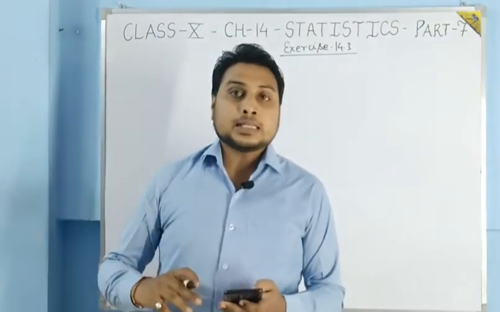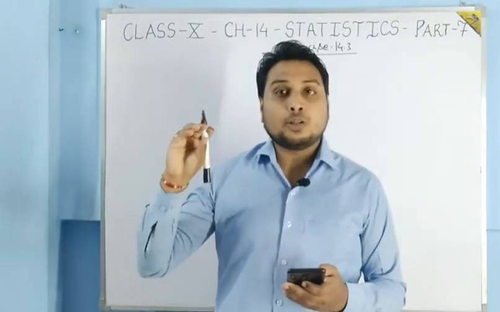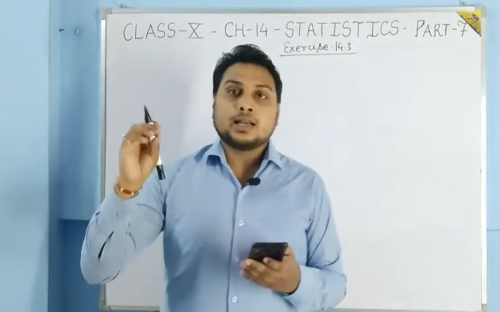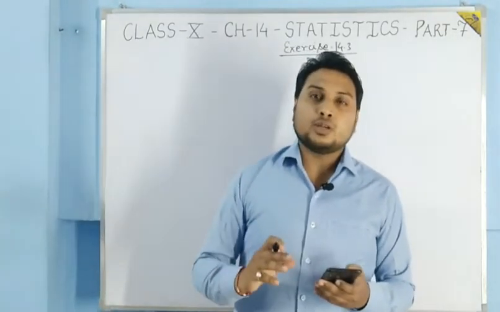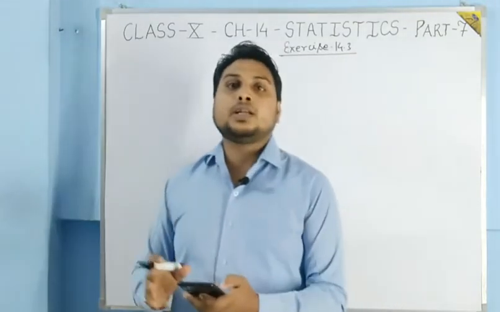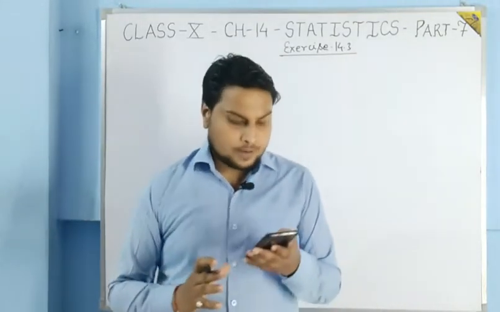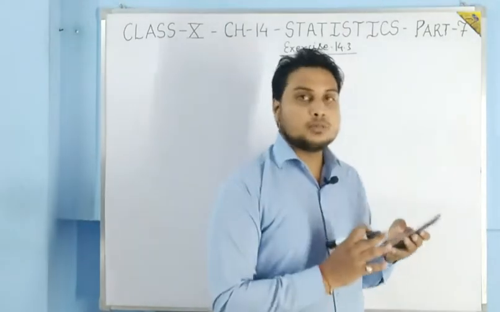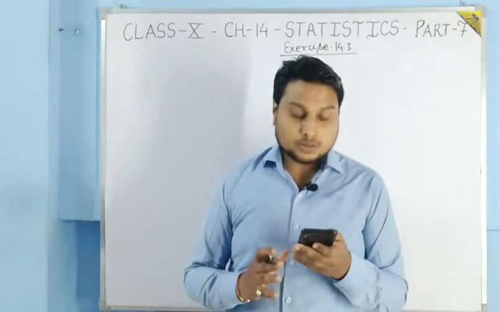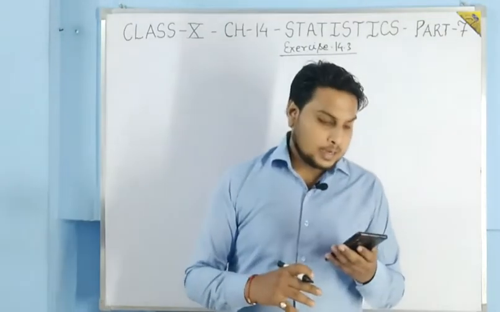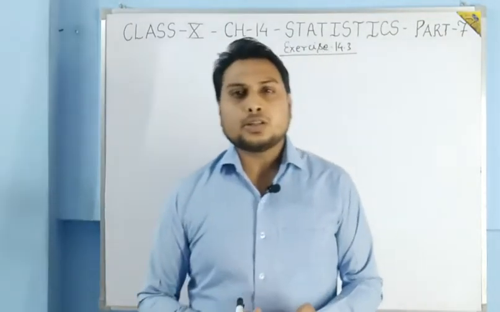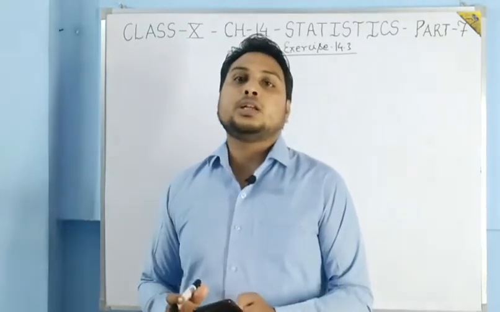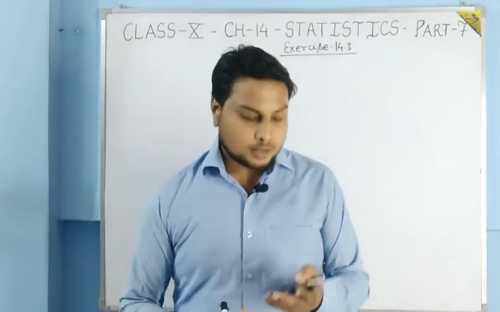But it is like that question that I have told you, that less than 20, less than 30. Do you remember that question? Less than 20, less than 30. So I have told you how to convert that table into a class interval table. If you do not remember, I am just making the table of that so that you can memorize it. After making the table, the calculation is so easy. You know how to apply the formula, how to find the median class and everything. So let us see.